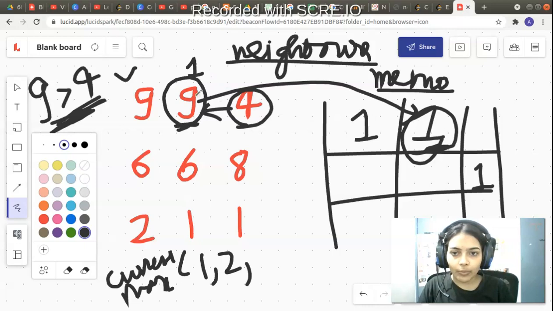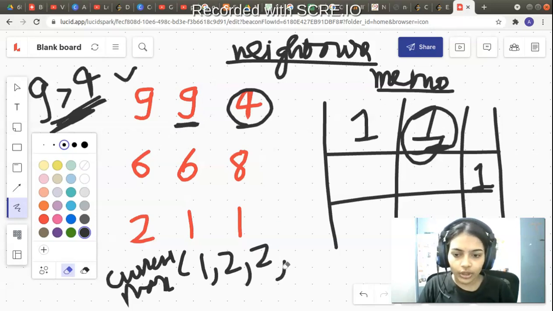It will return back 1. So 1 plus 1 is 2. So the left neighbor for 4 has returned back a value of 2. I mean, it has returned 1. 1 plus 1 is 2. So current max has to choose between 1 comma 2 comma 2, and also make a function call to its remaining neighbor.